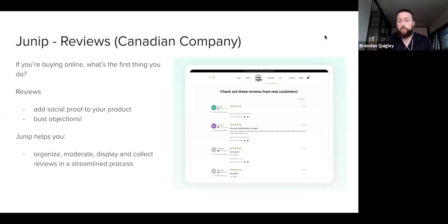The last app I want to touch on, there's many, many more, but it's called Junip, and it's actually a Canadian company, and it's a review app. There's lots of review apps out there for Shopify that let customers who've purchased things put reviews on products. One of the best things about Junip